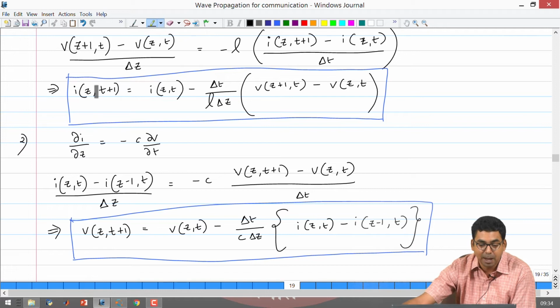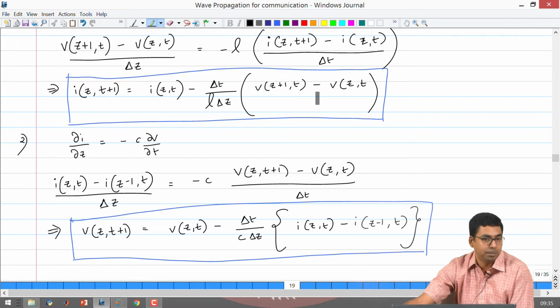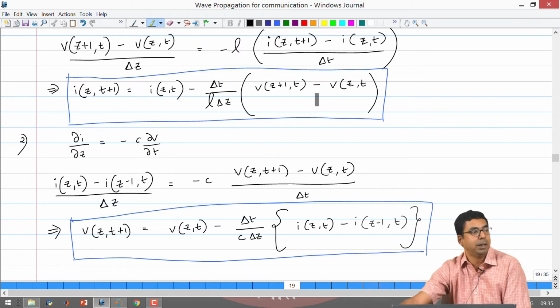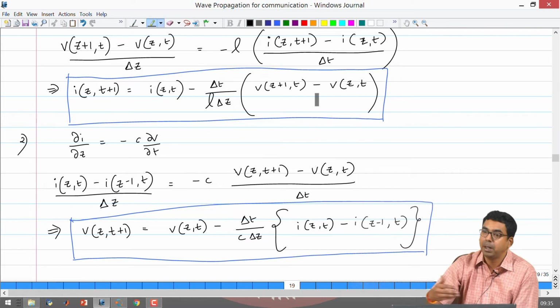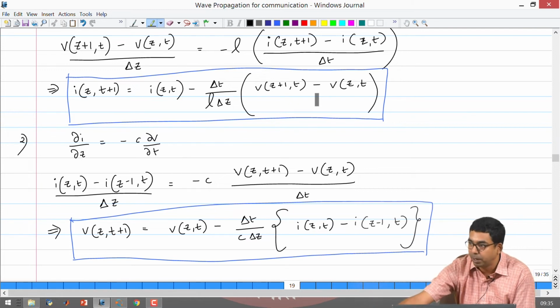The same thing is going to happen for the current. It is a present value plus some term on the right hand side. So, I can just say the future value, with the same variable name, is present value plus something. That is how we are doing it. So, we are trying to use a little less memory than before, and we are making progress in the way we are doing the coding part.